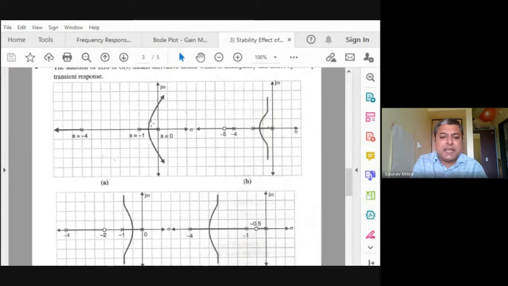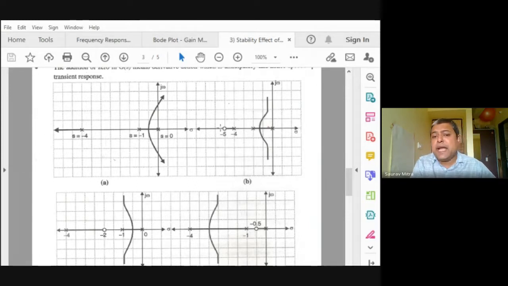Okay, so on the left side this figure you are finding, this is figure A. This figure A is for only a 3 pole system. There is no zero. As soon as you enter one zero in the system, you will be finding this minus 4. So they have taken a little bit different G(s)H(s), but the theme is the same. Previously this was at -2 and it was going to infinity. So in this case there are 3 poles. Where are the real axis root locus? Between 0 and -1, and between -4 to minus infinity.